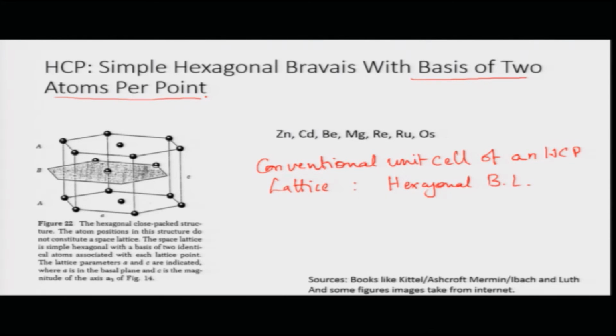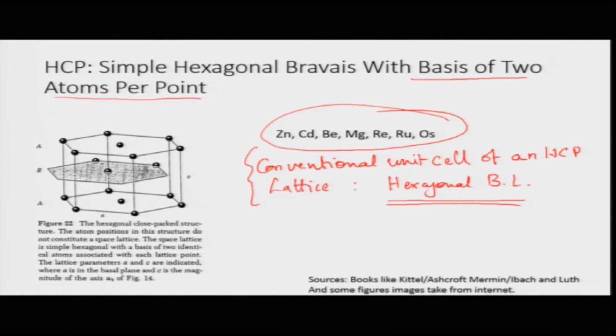You can show that again this has a basis of 2 atoms per point. Its conventional lattice is the hexagonal Bravais lattice with AAA type of stacking, and you have put in a B layer in between that will give you the additional atom in that layer. And there are different types of materials which crystallize into the HCP structure. Quite a large number of elements, for example zinc and magnesium, crystallize into the HCP structure. So, this is also a very well known structure seen in nature.